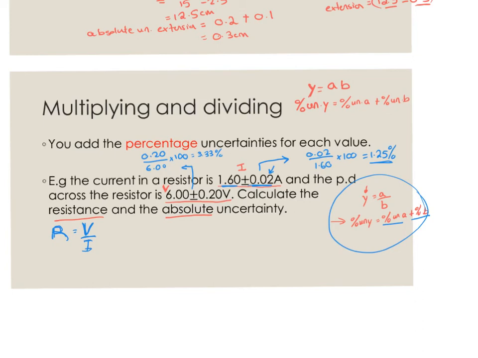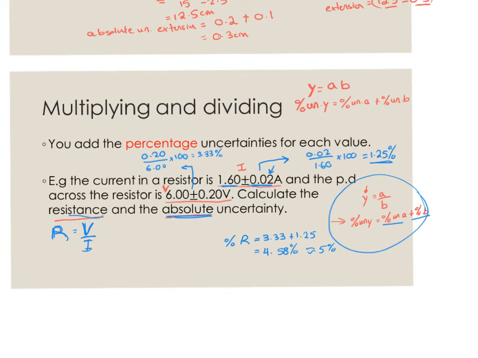And we just add, firstly, if I want to find the percentage uncertainty in R, I need to add the percentage uncertainty of V and I, which is 3.33 plus 1.25, which is 4.58%. Now, if it only asked us to find the percentage uncertainty, I would round this to one significant figure to be 5%. But since it's asking me for the absolute uncertainty, I can keep it to a bit more significant figures